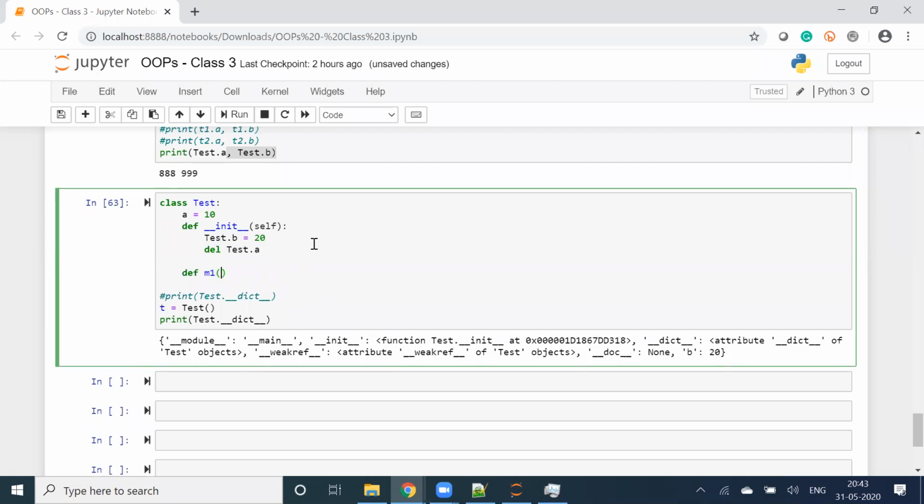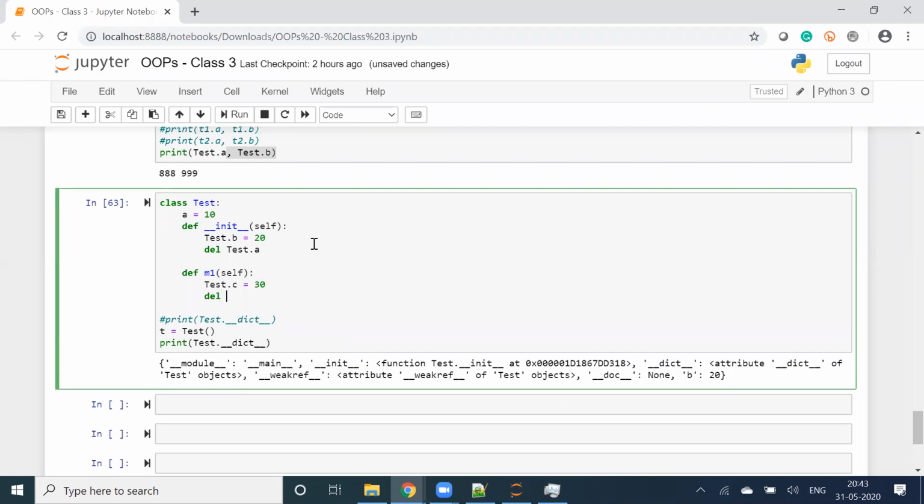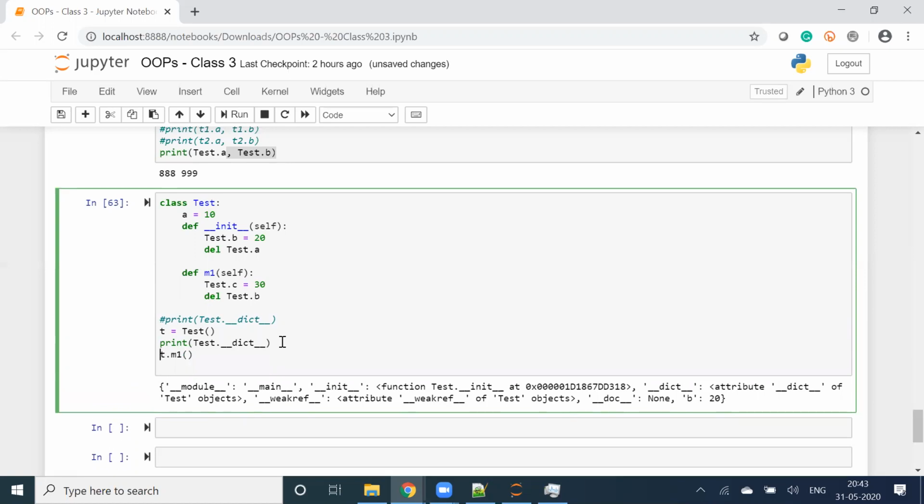Def M1 self, Test dot C equals 30, del Test dot B, and then T dot M1. What will be the output?